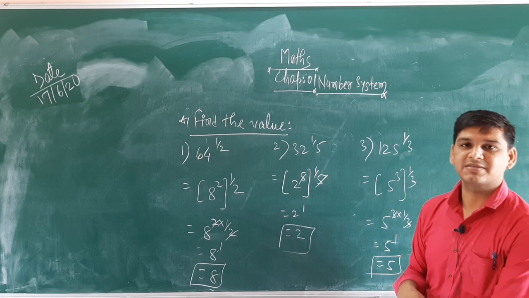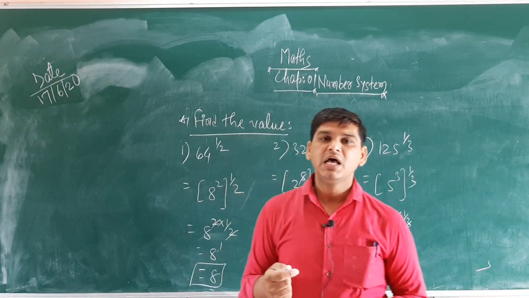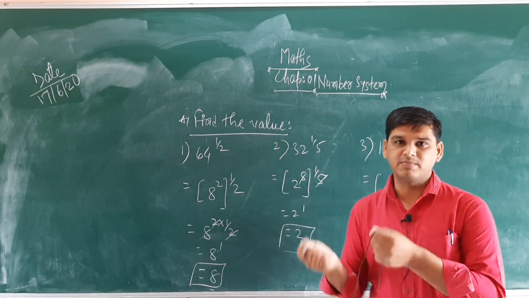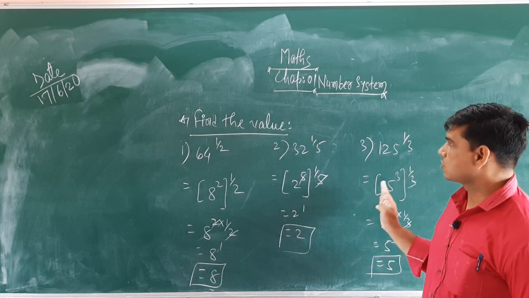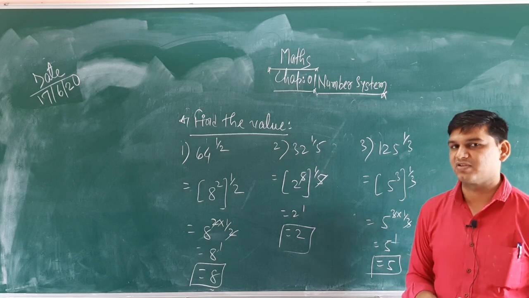In the previous class, we discussed how we can find the rational numbers between two numbers, how a decimal number can be represented as a rational number, and how a rational number can be represented in decimal form. So these are the topics included in the first chapter, number system, which was also discussed in the 8th standard in the previous class.